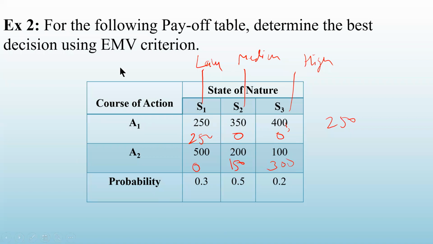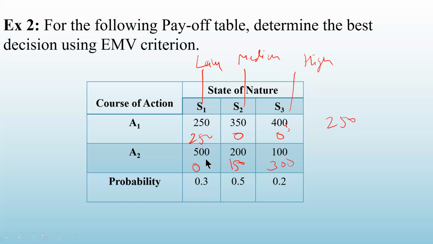Okay, and the table which will give you the values of regrets is called a regret table. जैसे ये पे ऑफ टेबल था जिसमें प्रॉफिट फिगर्स थे, इसी टेबल से हम दूसरा एक टेबल construct करेंगे which will be called a regret table. Now, as I told you, what is the meaning of regret? Regret is getting a loss by not selecting the best course of action.